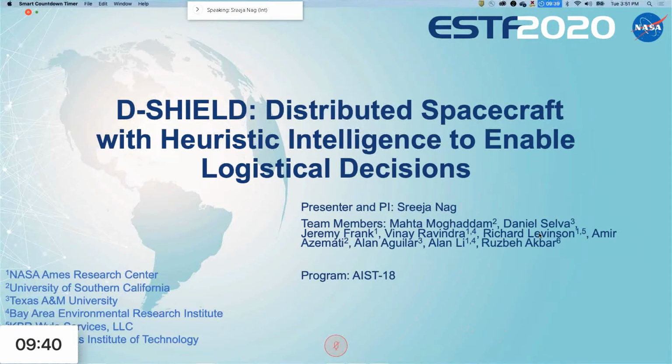Research Center. To summarize, DShield is a suite of scalable software tools that helps to schedule payload operations across a large constellation, which will have multiple payloads on every spacecraft and heterogeneous payloads across spacecraft. And the goal is to schedule observations and downlinks in this constellation to maximize science value for any selected use case, constrained by constraints like